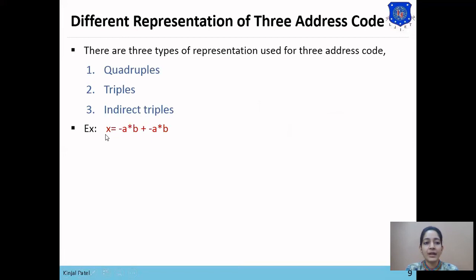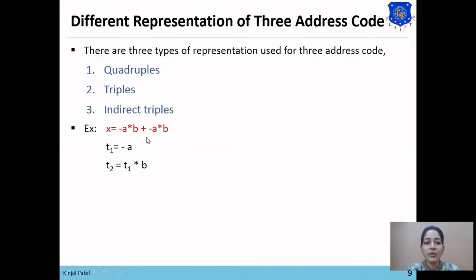So here is the example, x equals to minus a star b plus minus a star b, where T1 equals to minus A. As this minus represents the unary minus, first this minus A has been stored into T1. Now we want to multiply this minus A with B. So as minus A is stored into T1, next operation will be T1 star B equals to T2, means the result of T1 star B has been stored in T2.